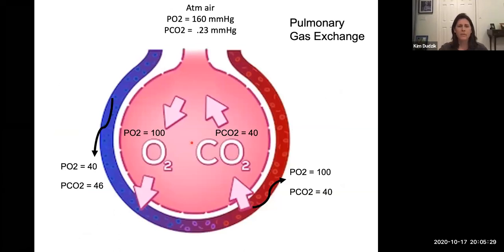Okay, and so this is what we were talking about here. So what I did is I made a little cartoon picture here to represent the big pink bubble is like your lungs. That would really be one alveolus. And then this is a capillary bed coming through. And so you can see that when out in the atmosphere, when we inhale air, the partial pressure of the oxygen in the air is 160 millimeters of mercury. And there is CO2 in the atmosphere, but that's only 0.23 millimeters of mercury.